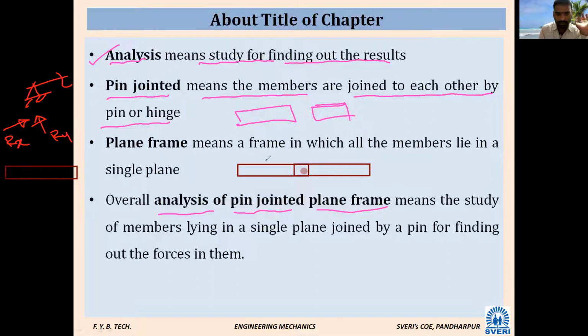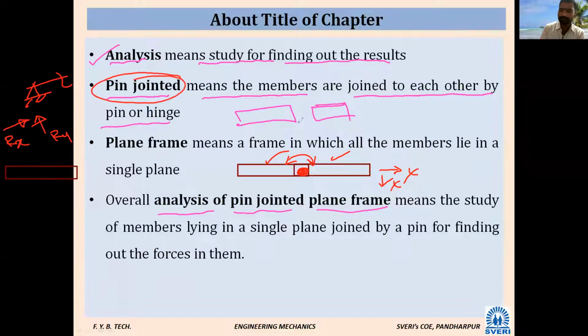See, this is one plate, this is another plate. These two plates are connected by a single bolt or single rivet. In this case, you can rotate like this, but it cannot move in a horizontal direction and it cannot move in a vertical direction. Okay, that is called as